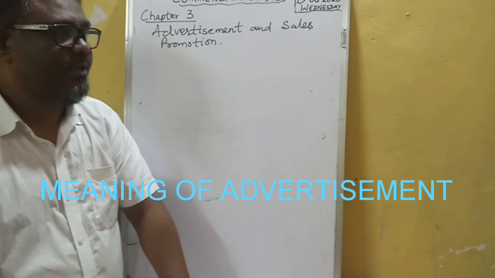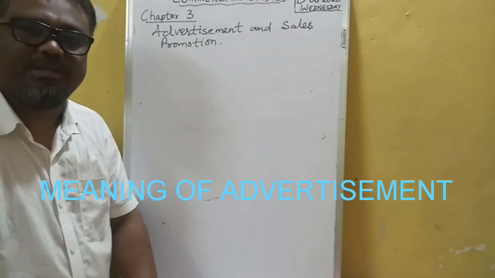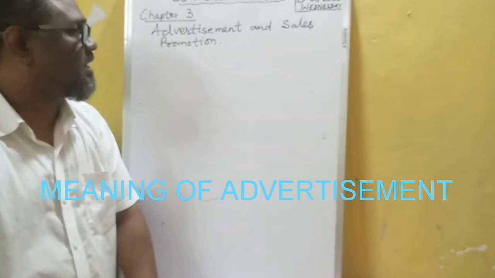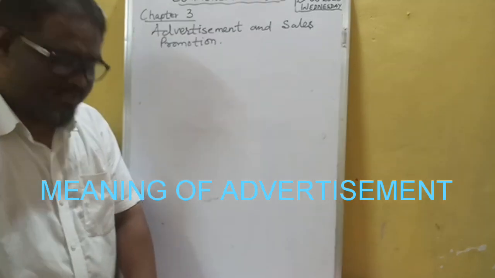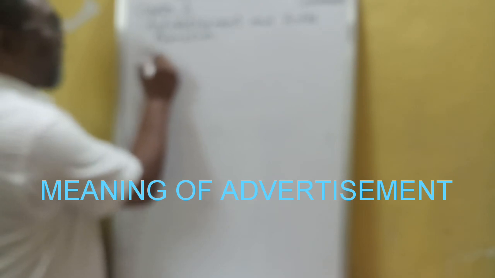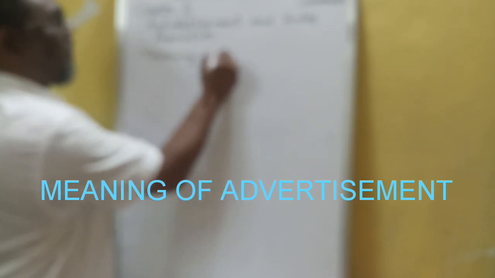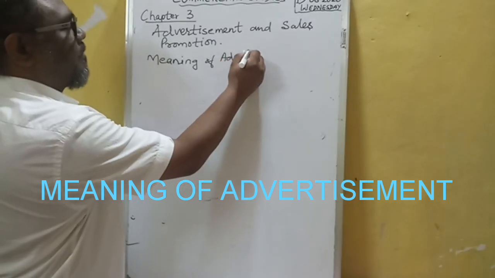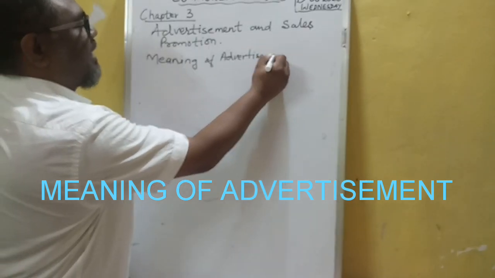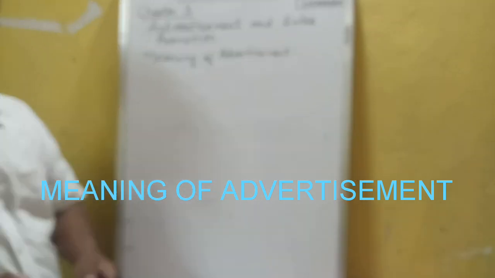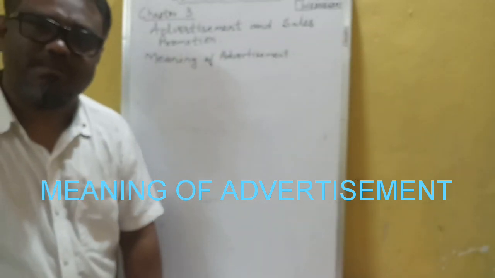Chapter number 3. The name of the chapter is Advertisement and Sales Promotion. So first of all, we have to do the meaning of advertisement. The meaning of advertisement is